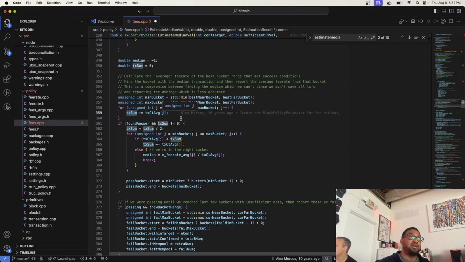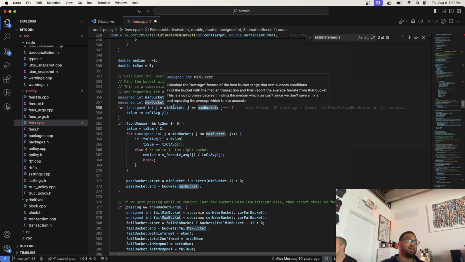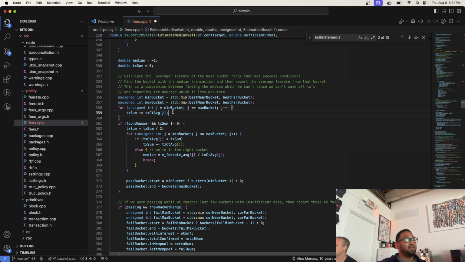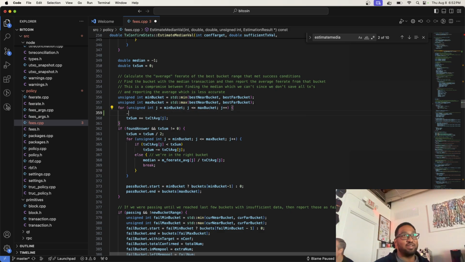So you're saying, from the fee rate bucket range that I'm looking at, that can get me within the confirmation target that I want, all of the transactions that have been confirmed previously.